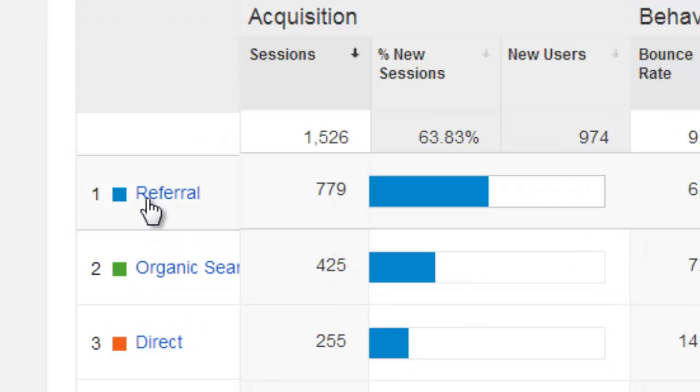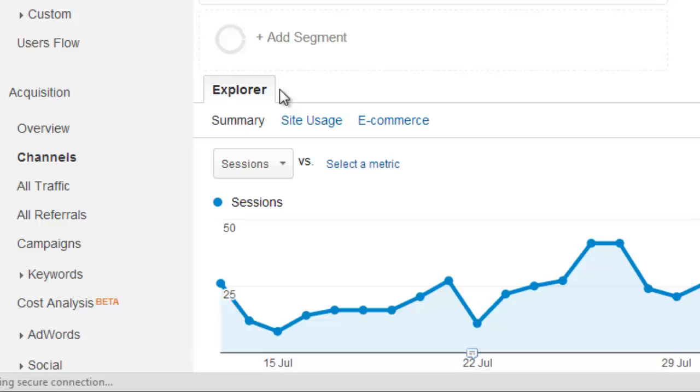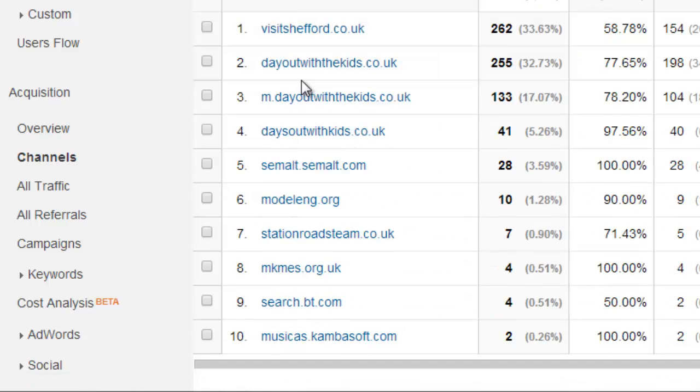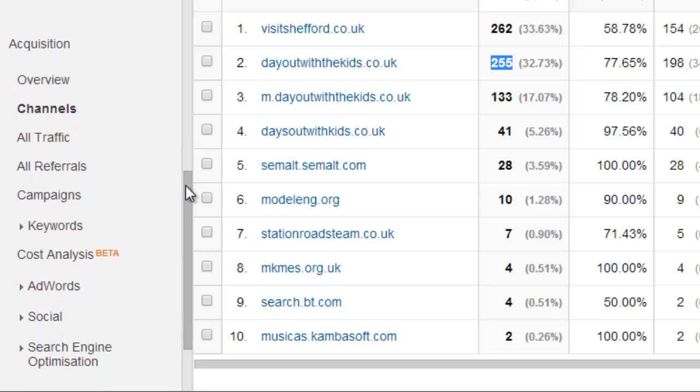Now if we drill down into these, if we look at referrals, what we discover is we've got some important sites working for us. These are local websites that advertise local attractions where you can take your kids. So visit shefford.co.uk is doing a great job for us at 262 visitors. Days Out with the Kids is also doing a great job, and so is m.daysoutwiththekids. They're all doing excellently. So it's important for us to keep the listings up to date there,